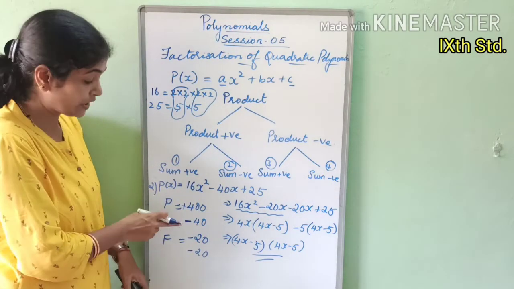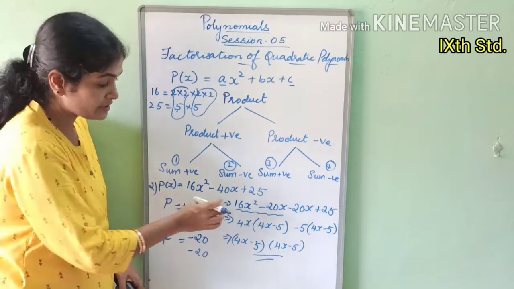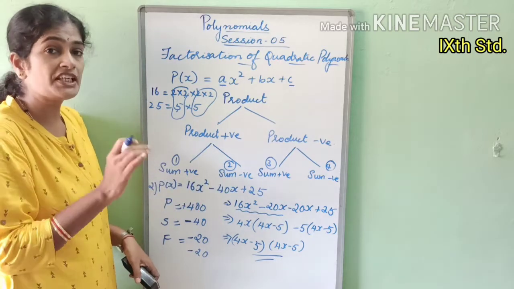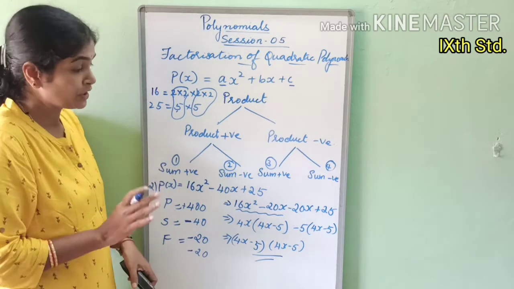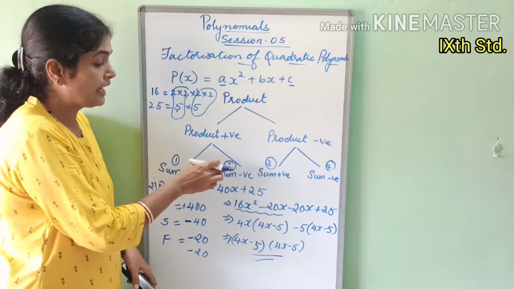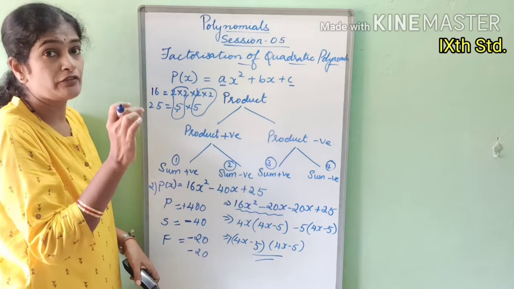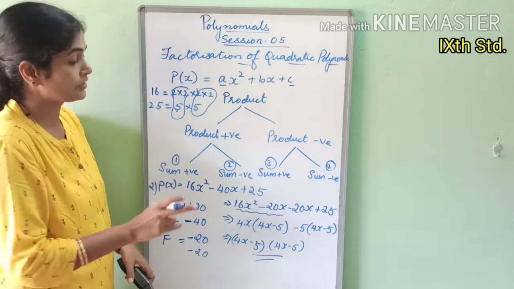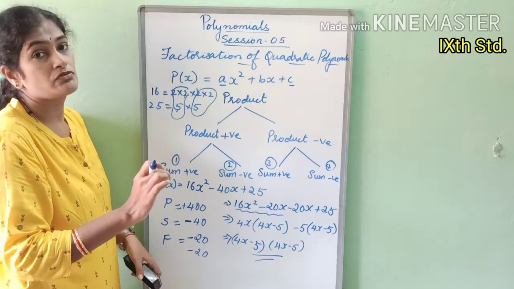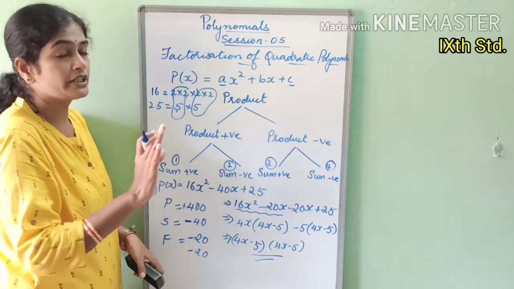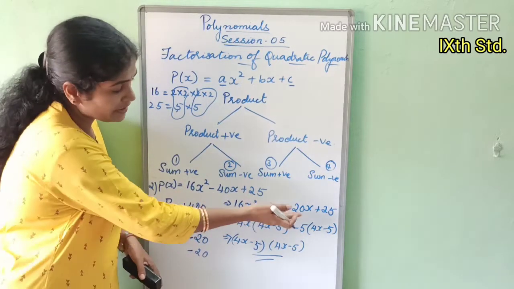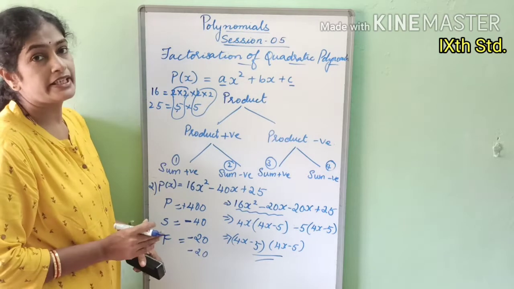This is important because whenever you are splitting up the middle term and trying to get the factors of the given quadratic polynomial, usually we commit mistakes in putting the signs. So you can just say that whenever the product is positive and the sum is negative, both the factors will have the negative sign. Whenever product is positive and sum is positive, both the factors will have plus sign. You will not commit any mistake if you remember this while splitting the middle term. Afterwards you can take out the common factors, rearrange them and get the factors.